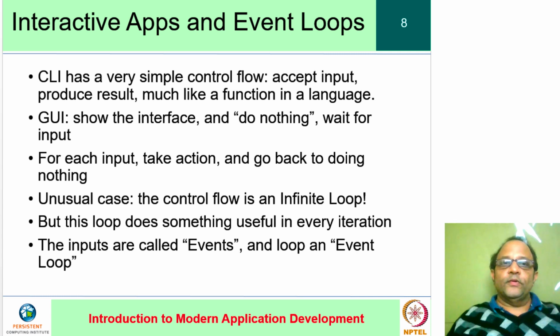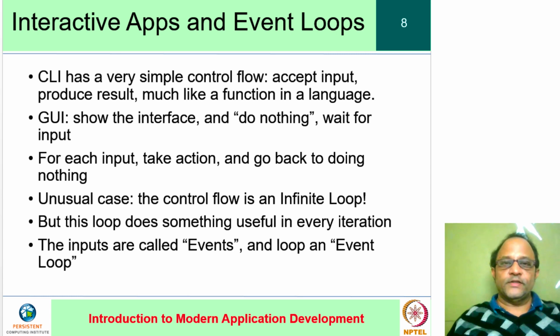So such a waiting loop is surprisingly enough an infinite loop. This is one of the rare cases where an infinite loop is exactly what you want. Normally, an infinite loop in normal programming suggests a mistake, but in this case, it is exactly what you want indeed. The program should loop forever, just wait for user input, and every time it receives input, do something useful. Such inputs that are received by this infinite waiting loop are known as events, and so the loop is called an event loop.